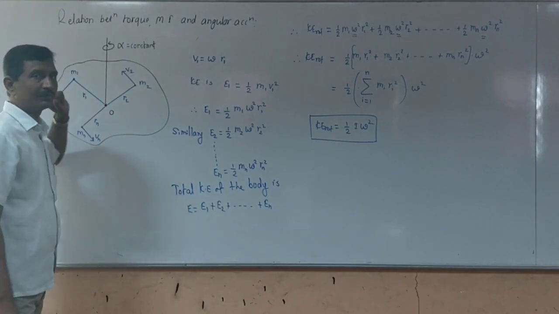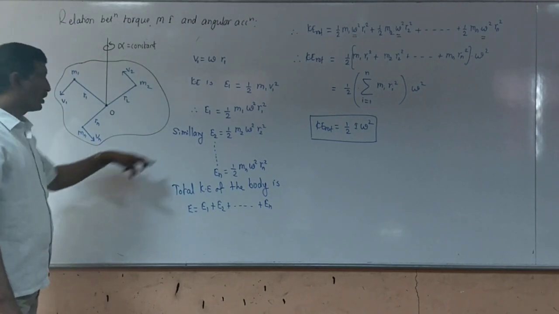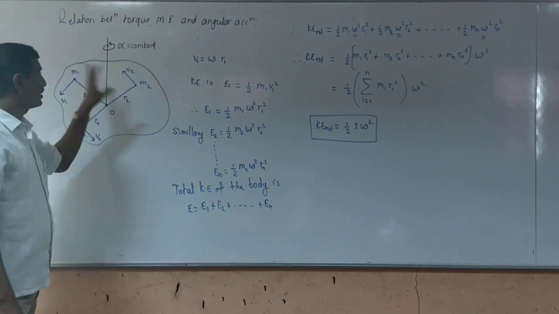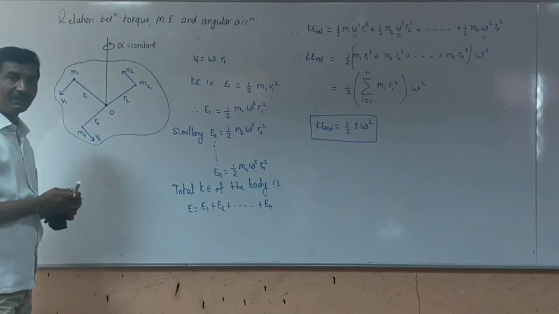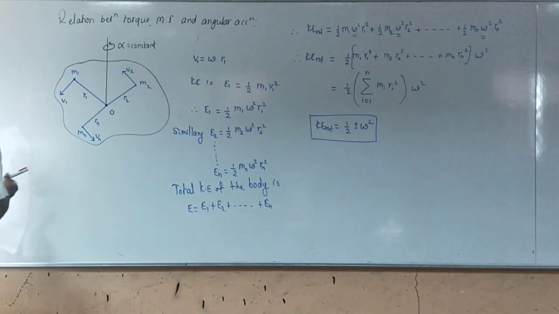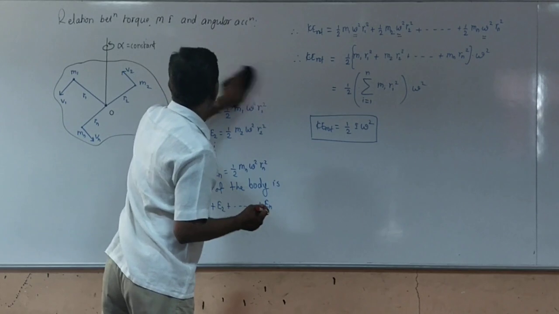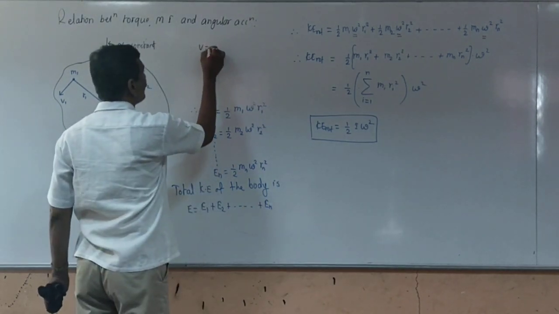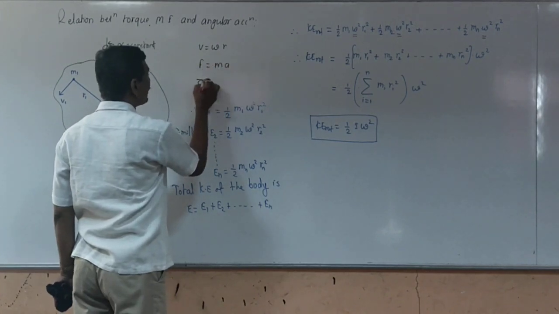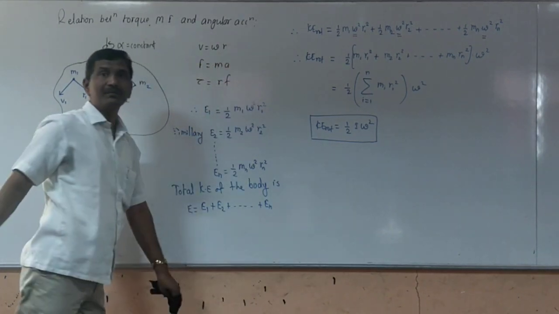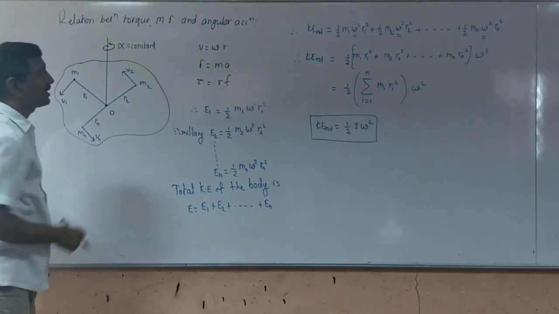So alpha is constant here, which means omega goes on changing. The body is made up of a large number of particles having masses m1, m2, mn respectively. As the body performs the rotational motion, every particle performs circular motion. Now here we apply the concepts: first, v = ωr; then F = ma; and the definition of torque, the product of the moment arm and the force. So we apply these three formulae for the first particle.